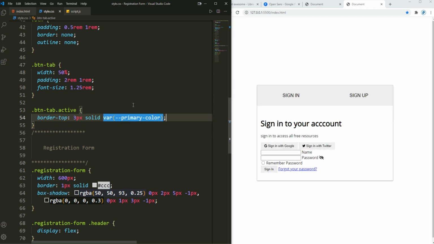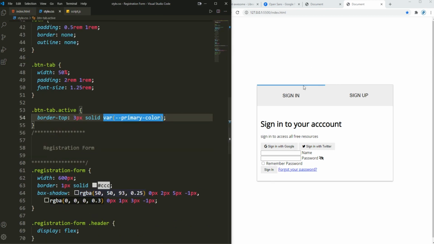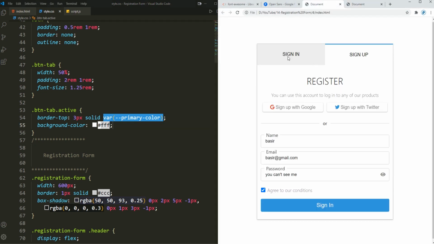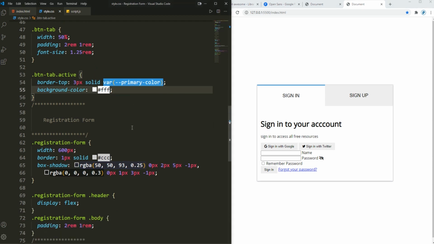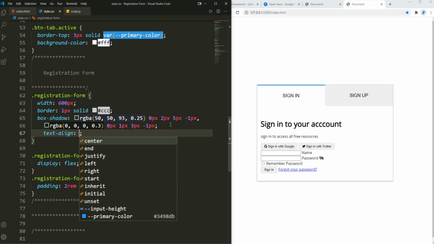There we go. And now into index.html, if I add the class of active for the sign in, notice what's gonna happen. There we go. You notice that the border top is being added to that, and similarly the background color of that is going to be totally white. And now if I refer back to the demo, you can see that the sign in and this one, they look pretty much identical. Alright, now for the registration form, I'm gonna text align all of those in the center,